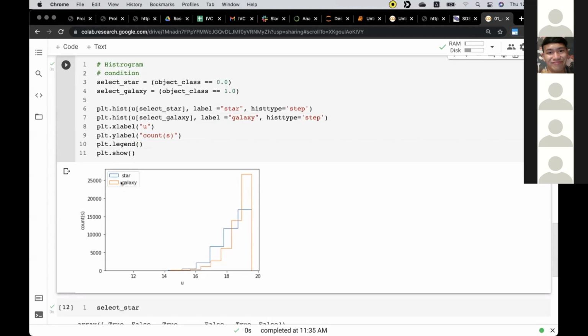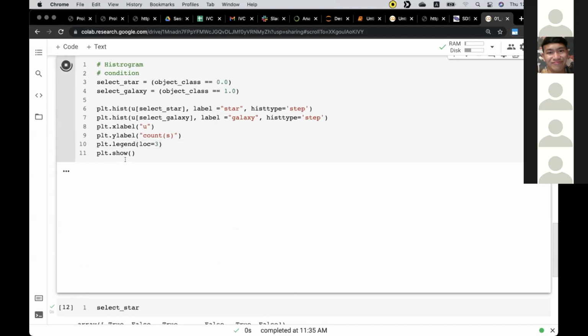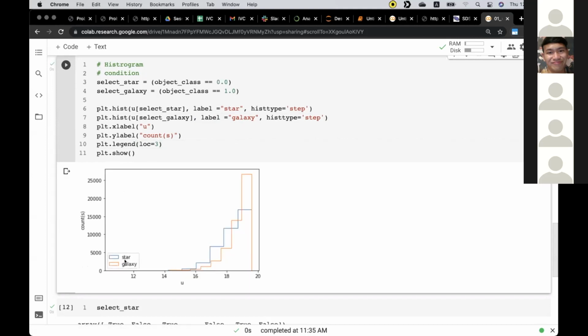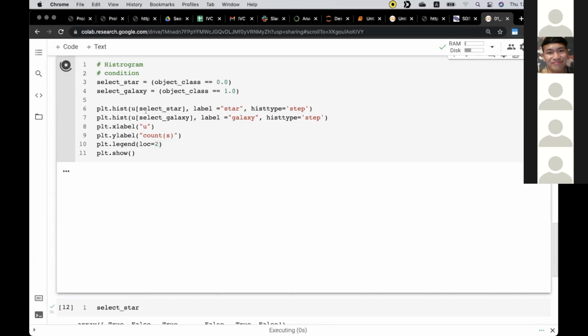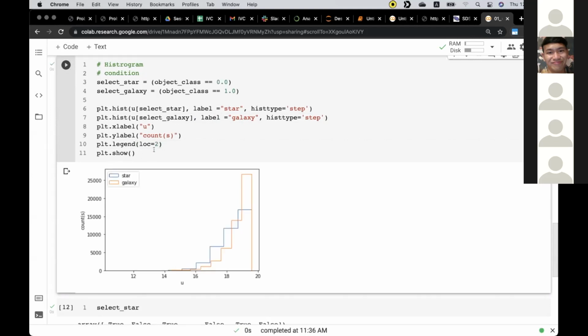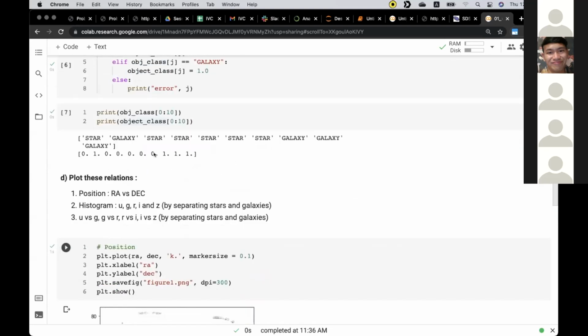And if you need to set the location, you can use loc equal to the number of the quadrant: the second quadrant, third quadrant, and the fourth quadrant. If you need its position in quadrant 3, you assign 3. Okay, it's in the position. But if you need this, just like this. And you do the same with the